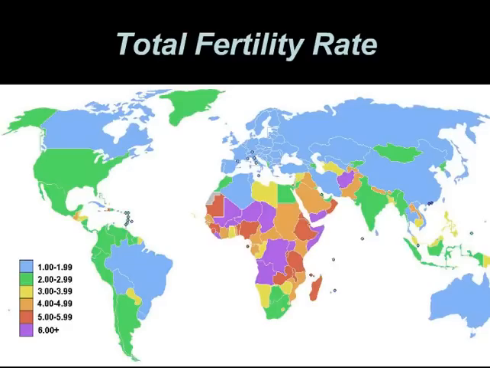Now it's total fertility rate. So if I ask ladies in the class, how many children would you like to have in your lifetime? A good amount of them will say 0, 1, or 2. However, in other parts of the world, you still see a very, very high total fertility rate. So fertility rates remain very high, and we see some parallel patterns with crude birth rate in this map of total fertility rate.